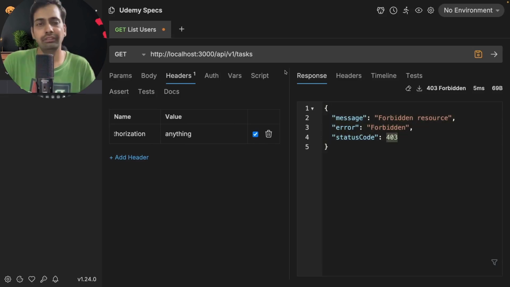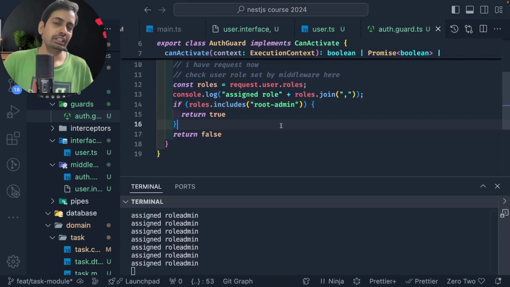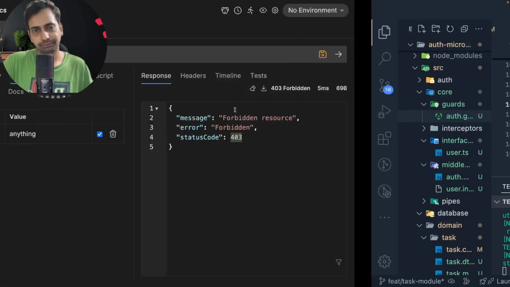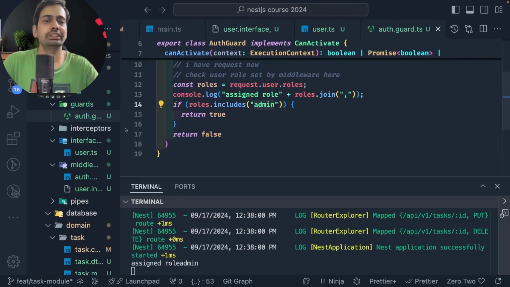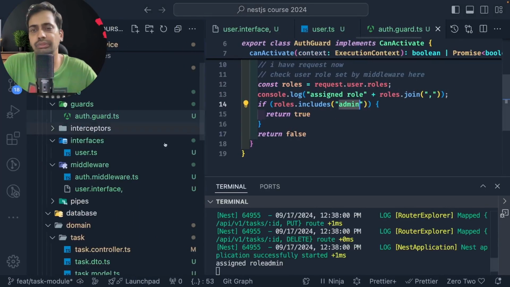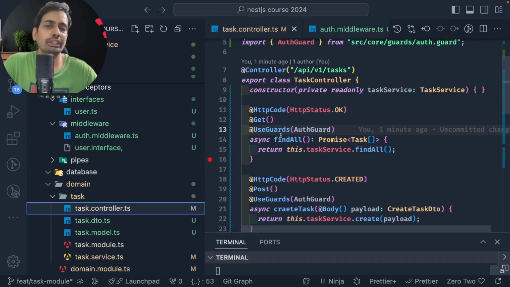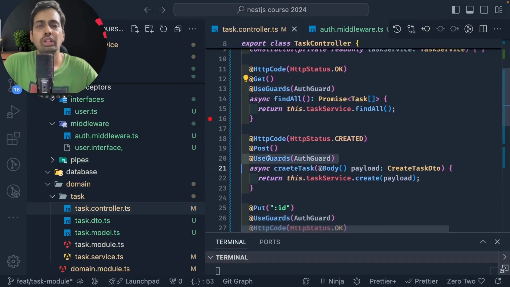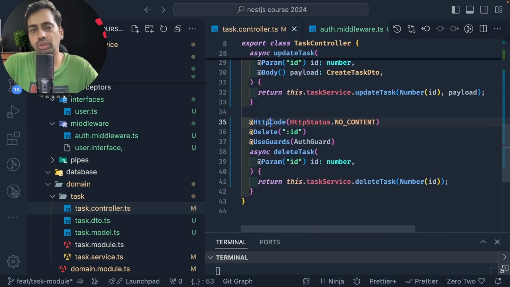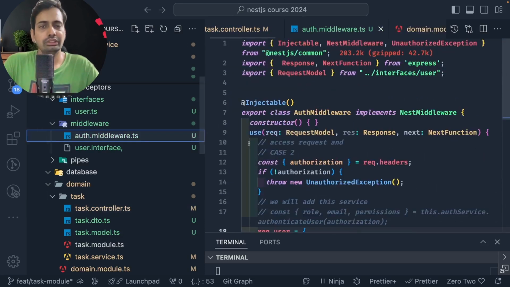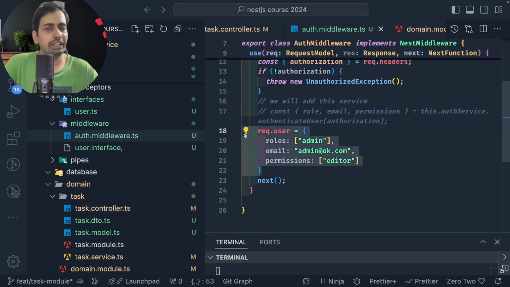So middleware we have implemented first, then there is the auth guard we have created. We'll just set this admin and we can set the API routes. So similarly, it's not only about get, all the API routes like get, put, post, everywhere we have used this auth guard. Okay, so this is how we can use it. ये middleware add किया हमने और guard add किया. I think both should be clear now.